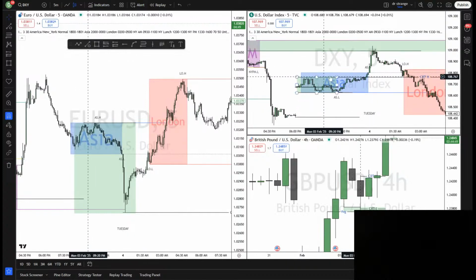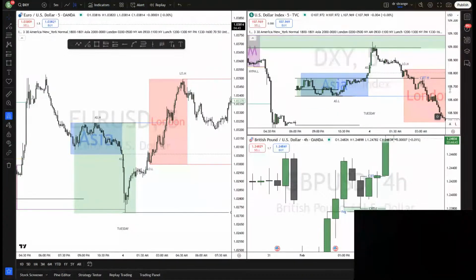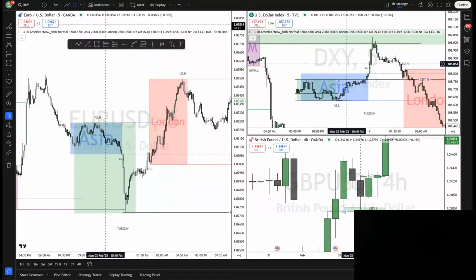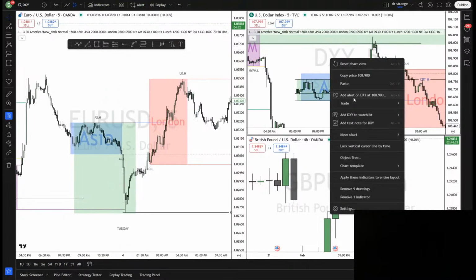So when you're only basing on this, you don't have any SMT. You literally don't know. You may think that okay, we don't really know what is happening and what's going on. So that's why you have to watch both sessions SMT, because sometimes you'll have this SMT and sometimes you will not have. Okay.